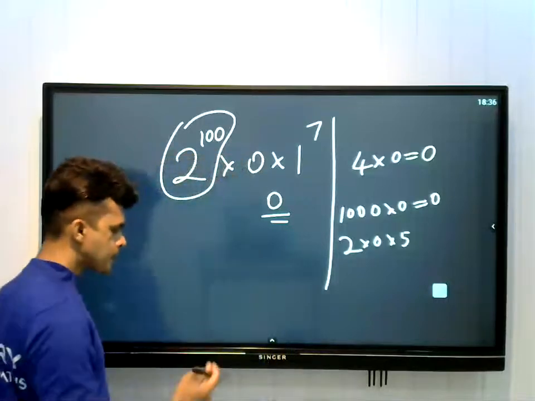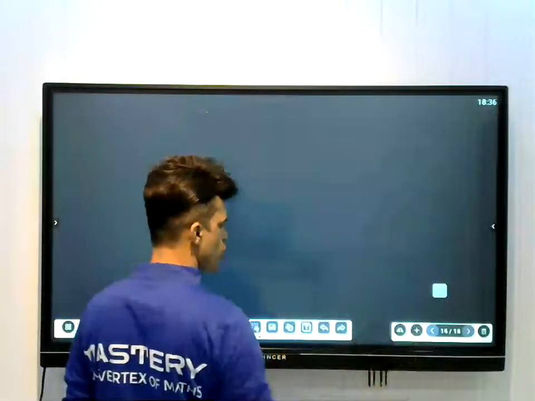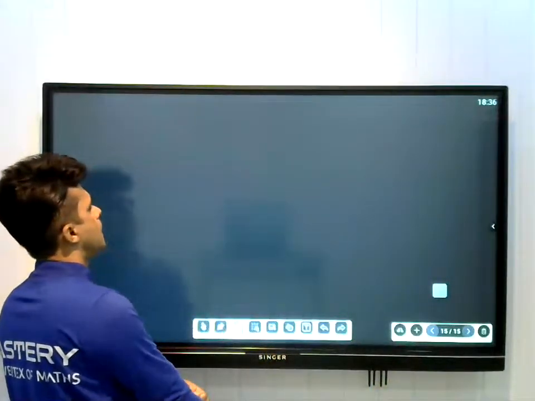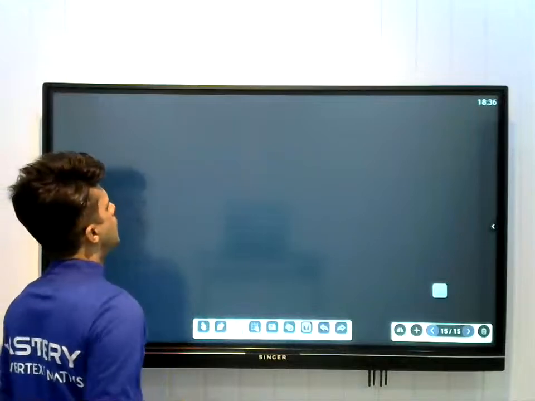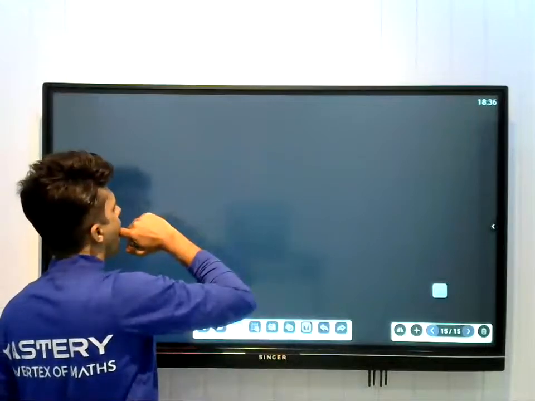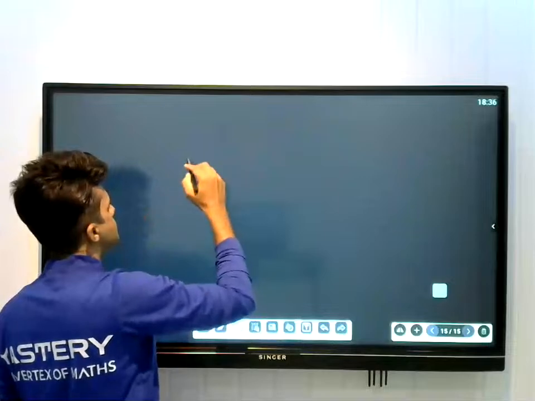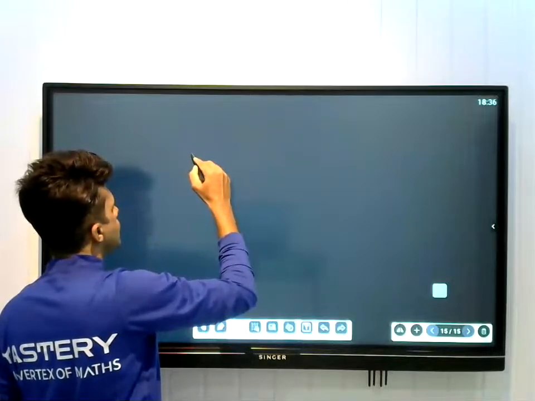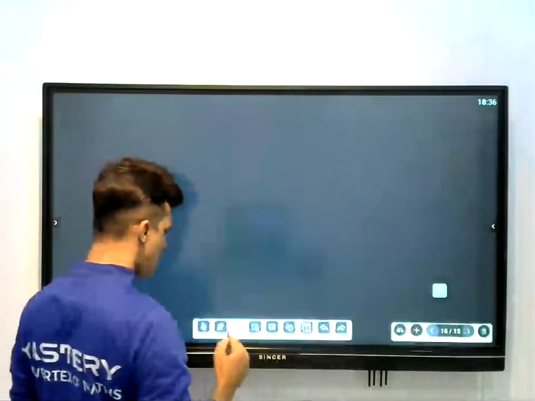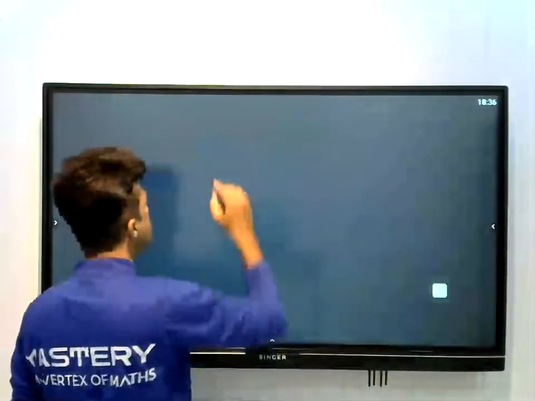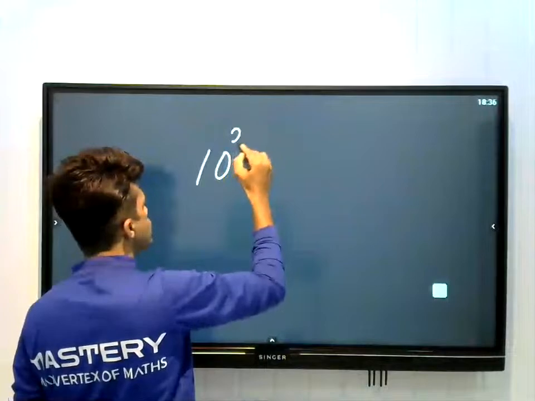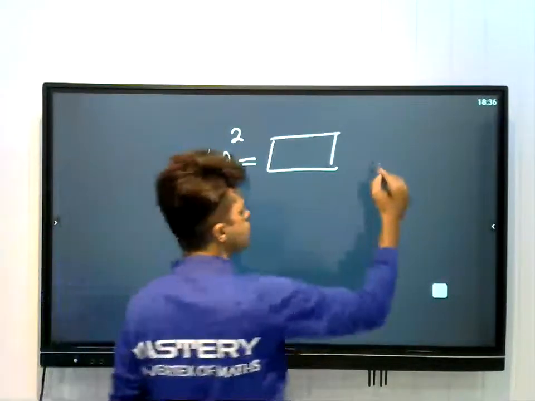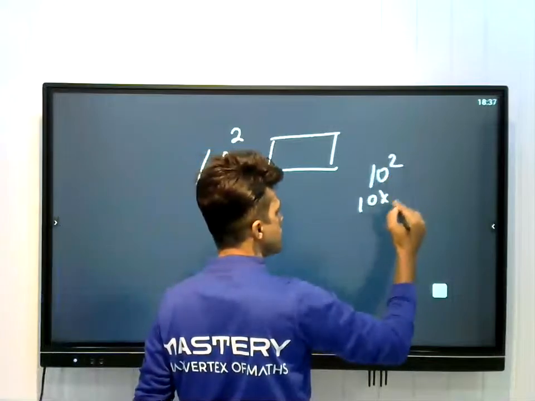Okay, so how do you do this type of one? Multiply. Fill the blanks. 10 to the power 2, this one, right? What is 10 to the power 2? 10 to the power 2 means 10 into 10. The answer is